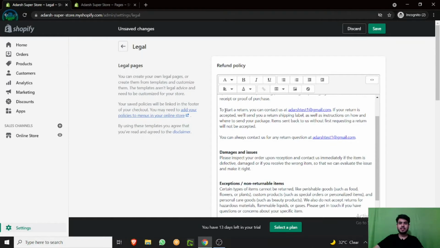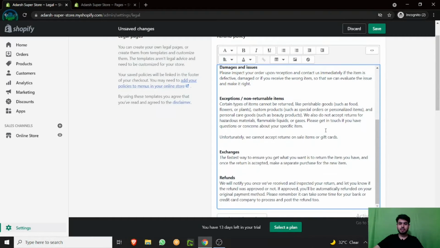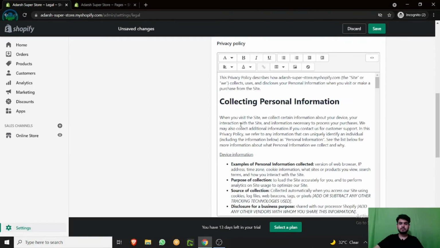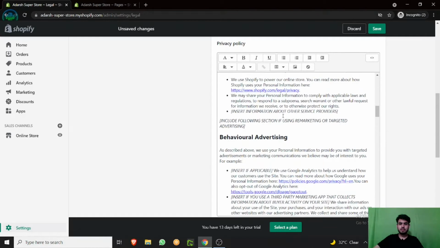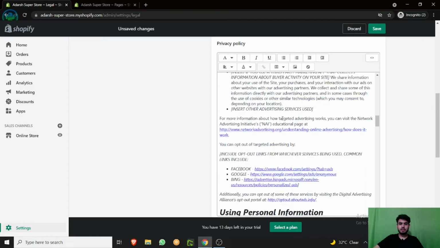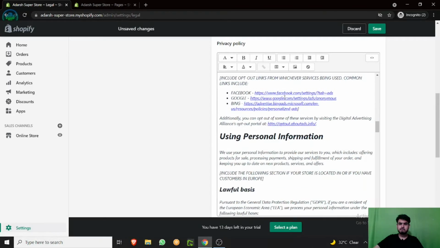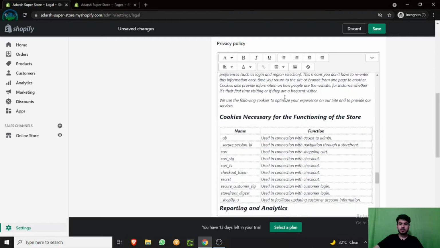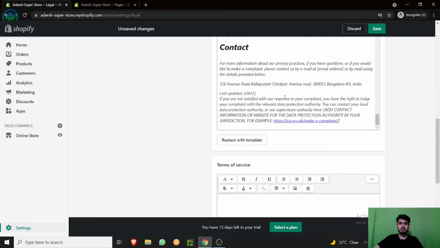You can see in this the email ID which I provided in my profile section. Then if we come to the privacy policy, see, it's your entire privacy policy, and in contact us, this is my address which I gave in the profile section.